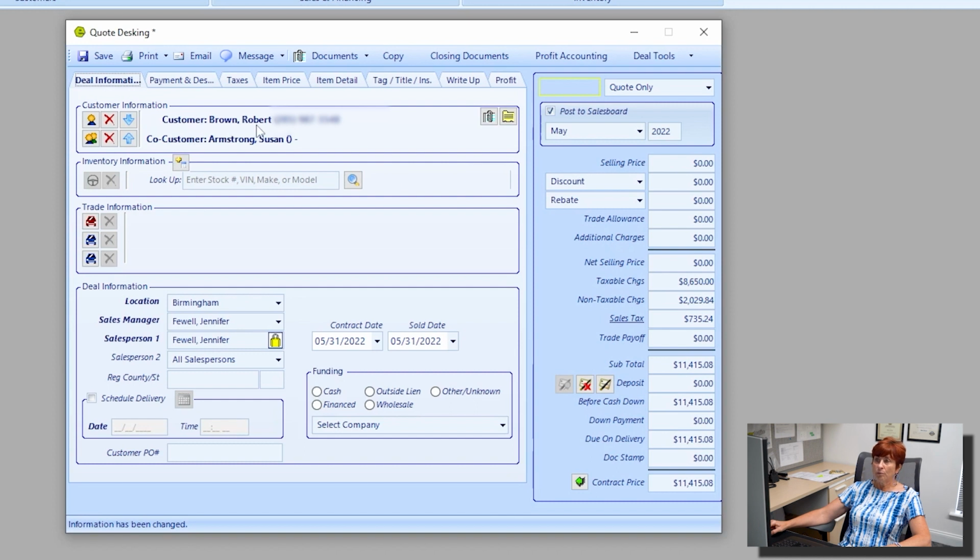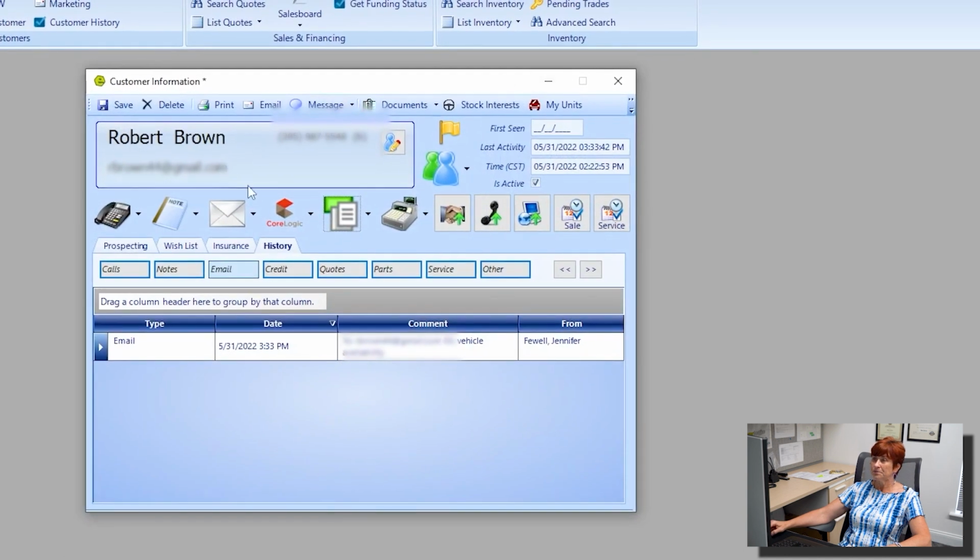And I'll show you one thing here. It shows Robert Brown as my customer and Susan Armstrong as my co-customer. And let's say when I run the credit report I realize that Susan has a better credit rating than Robert, you can then click on that blue arrow and it'll place her as your customer and move Robert down to the co-customer. That's just a little trick and a cool function that you can work with in EverLogic. All right, back to my customer form. I'm going to go ahead and click on Save and talk about the next icon, which allows me to start